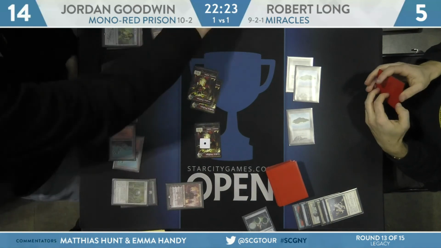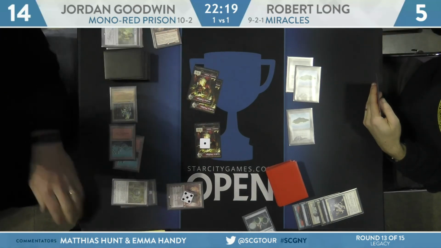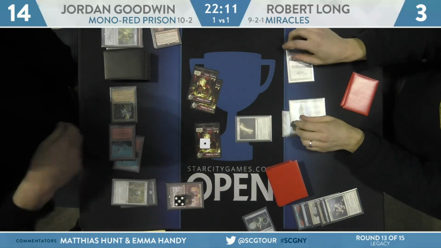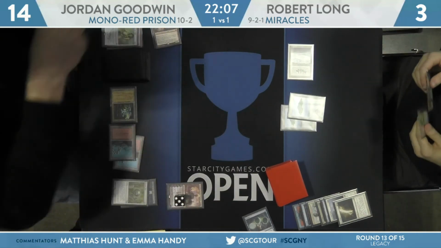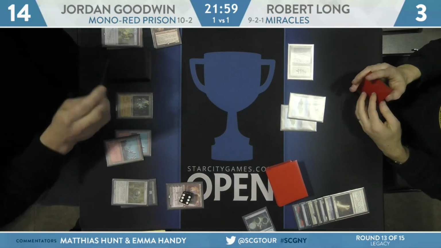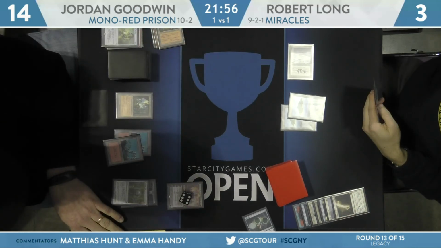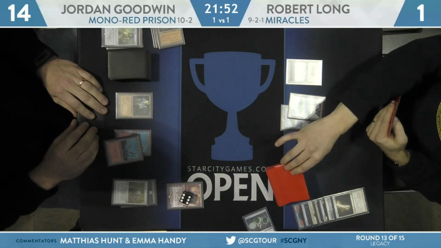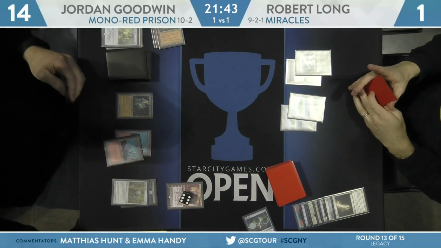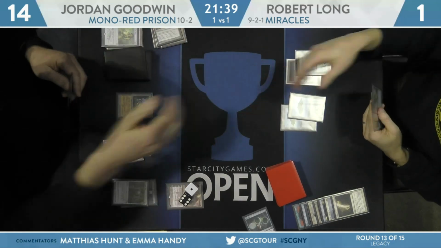It's Jordan's last card. From 5 down to 3 we go. Robert needs lots of answers. Well, here's the first. It's Terminus. This is how it starts. But he's got 1 more turn. Right, Chandra up to 6. Here's the top card. It is a land. Robert to 1. Says go. Can Robert stay alive? Oh. 4th land, no. Polluted Delta. And the top card, Jordan